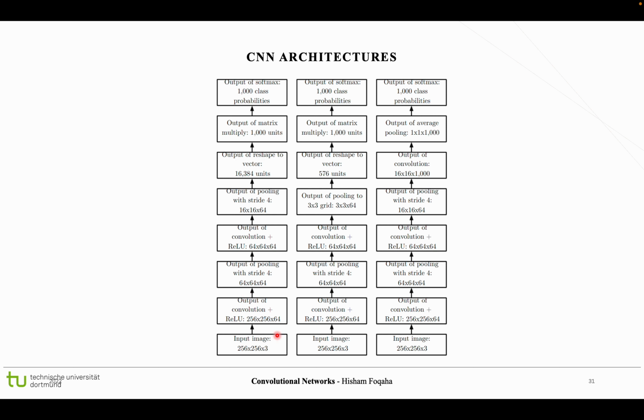Like what we said before, sometimes we refer to the convolution layer as using the convolution and the ReLU in the same layer. So we apply this convolution to get 256 by 256 by 64, and based on that we take the output of the convolution and feed it to the